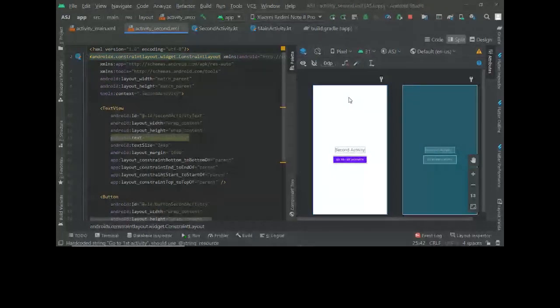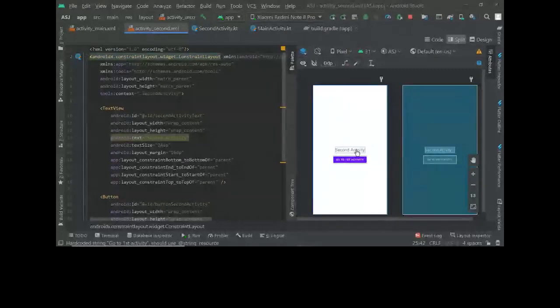What if we want a text view here and two images to the left and right of it? Using constraint layout it's easier to get, right? If we constrain this image to this text view and that image to this text view, whenever this text view moves, the others are also affected since they're constrained to it.